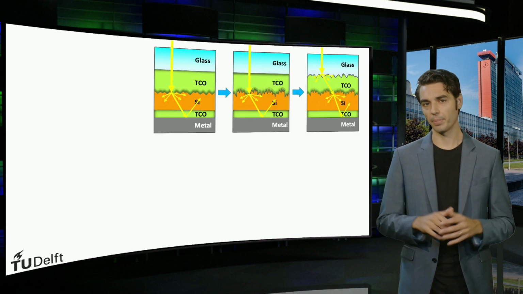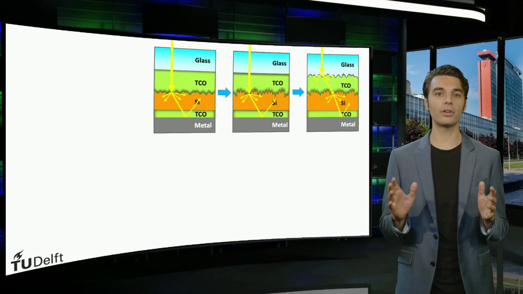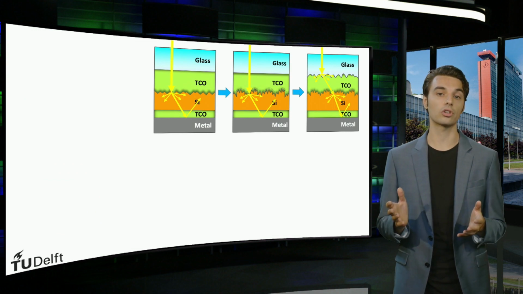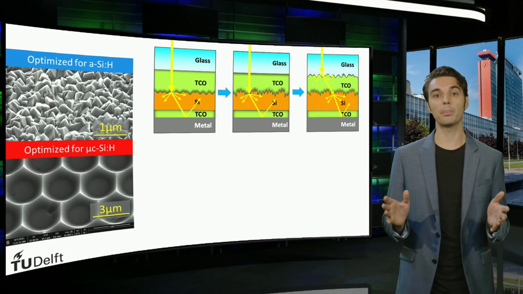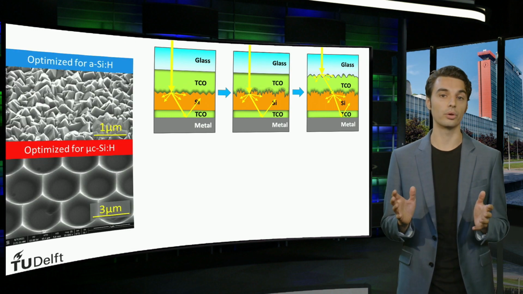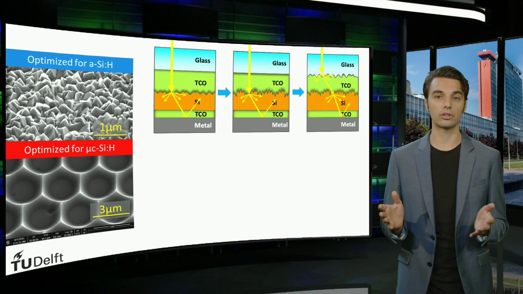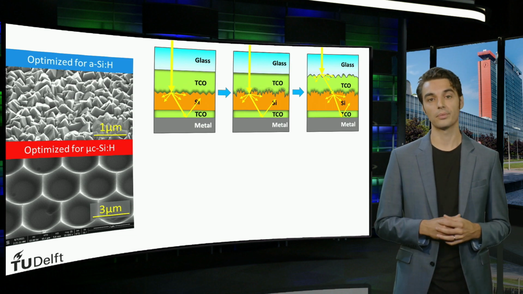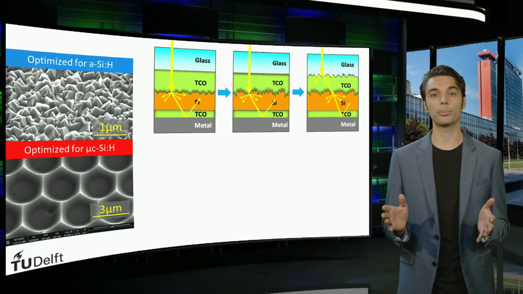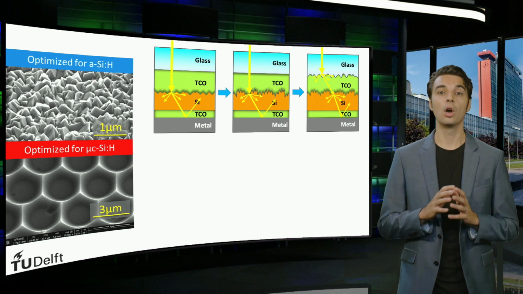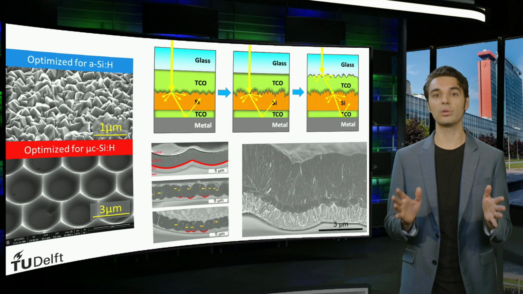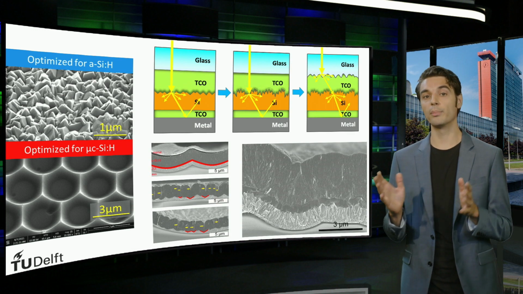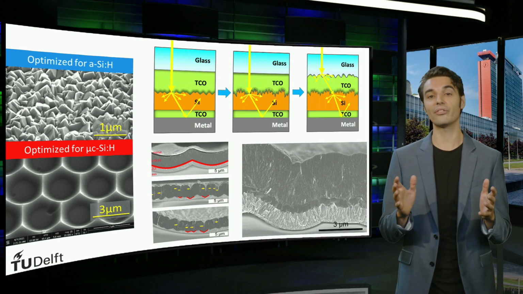Now in summary, we have discussed that light trapping for the various spectral ranges requires specific adjustments to the typical feature sizes used. Nanoscale textures should be applied for effective scattering of the blue and green light, while microscale textures should be used for infrared scattering. Modulated surface textures need to be adapted to achieve effective scattering of a broad spectral range. Finally, we discussed the relation between sharp substrate features, the formation of defective filaments, and their effect on solar cell performance.